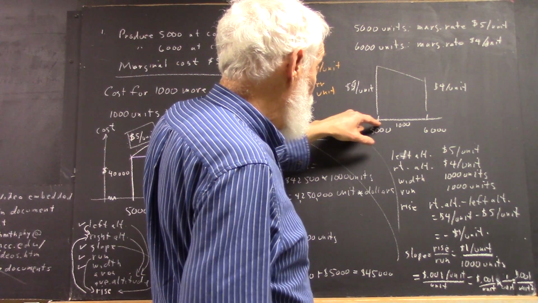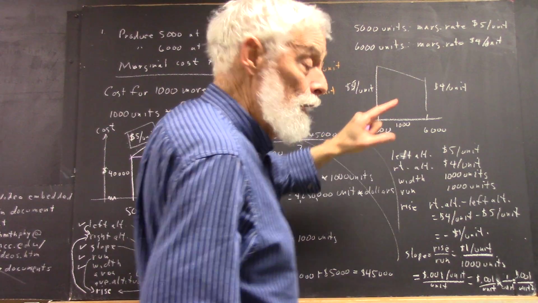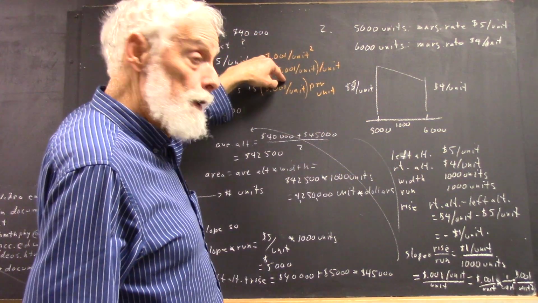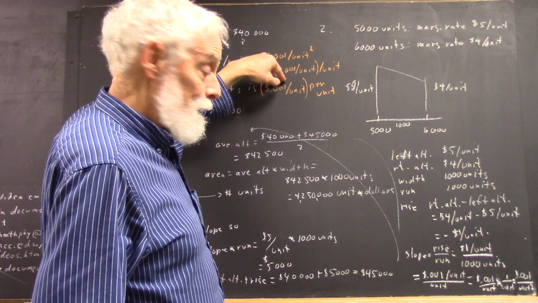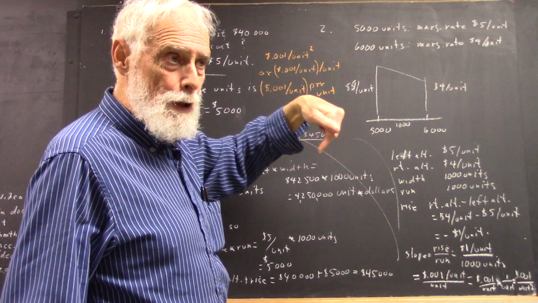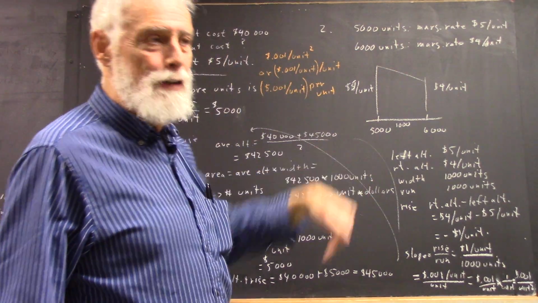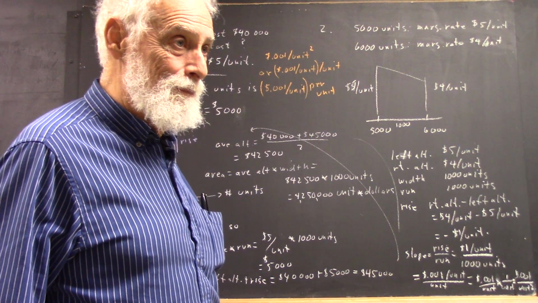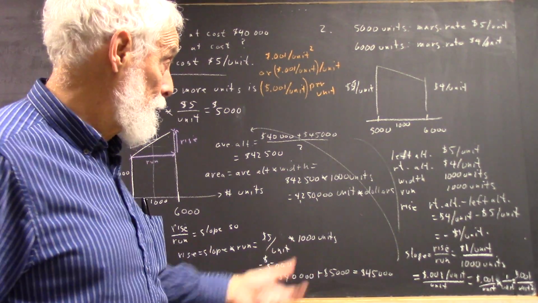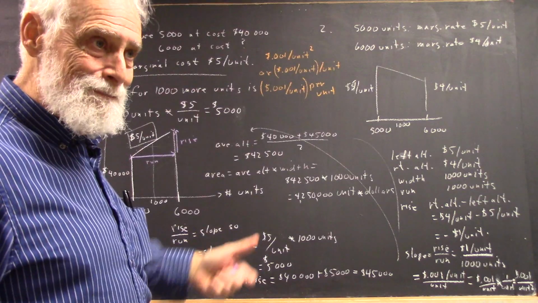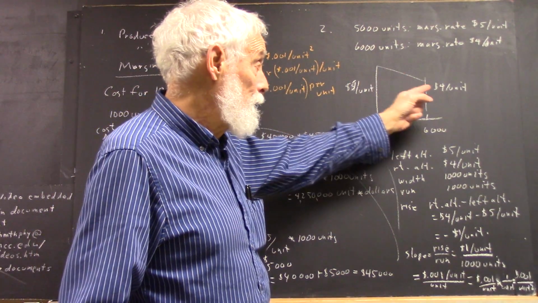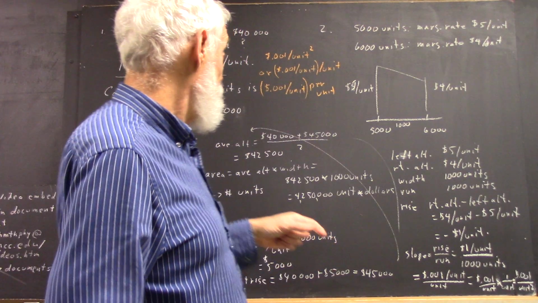But if we went from 5,000 to 5,001, we would change by 1 unit. And because of the slope being this, for many reasons, it turns out that our cost per unit would go down by 1/10 of a penny. Okay? Now that doesn't mean anything for 1 unit, and it's probably not even applicable to 1 unit. It's just a trend. But you know, if this thing goes down constantly, that allows us to say, well, okay,